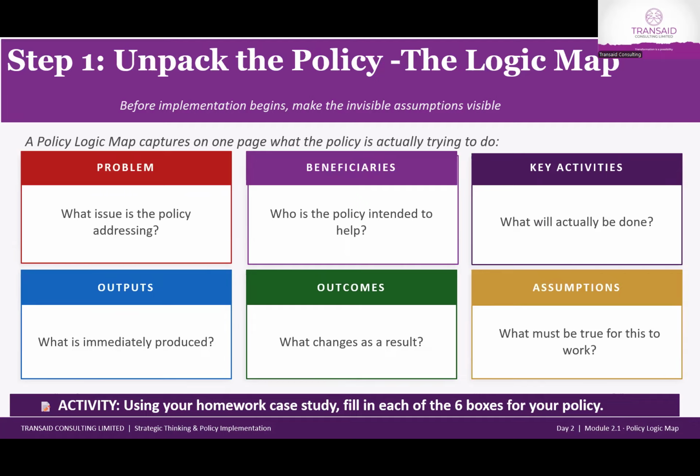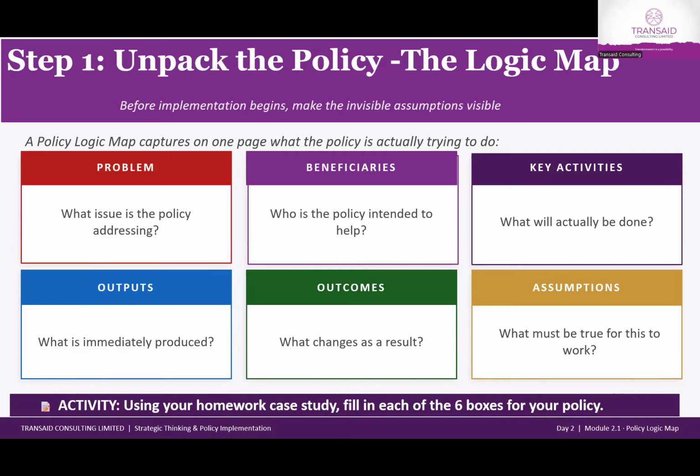So, for example, your office creates a remote work policy. Unpacking it means realizing the goal isn't just staying at home, but increasing productivity while reducing electricity costs. For example, in the office, or for health reasons, like in COVID-19. So the goal is not to stay at home and work. You stay at home, but productivity must not decline.